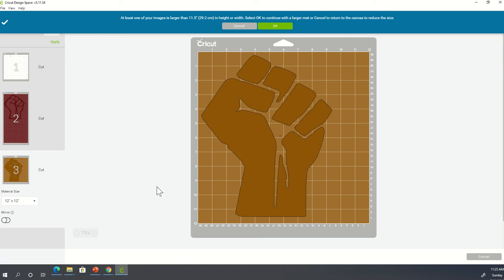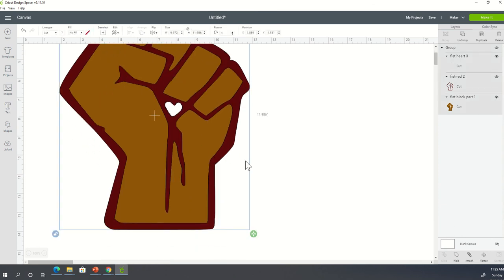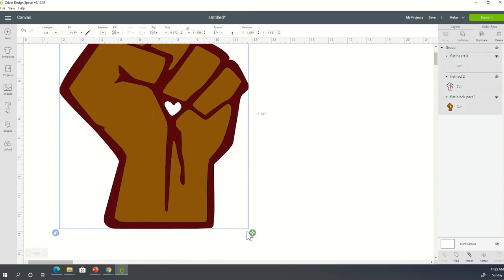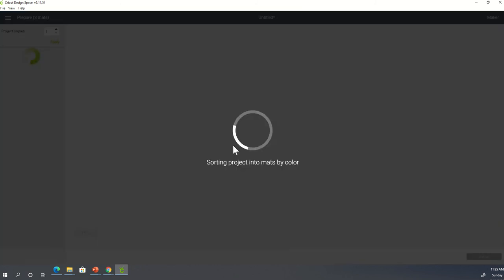The only reason I have a size limitation on this cut is because my mat is a 12 by 12, okay? So it's giving you this message here. At least one of your images is larger than the 11 by 5. So all you do is just click cancel and you want to kind of bring it in a little bit so you have no issues. Now when you click on make it,